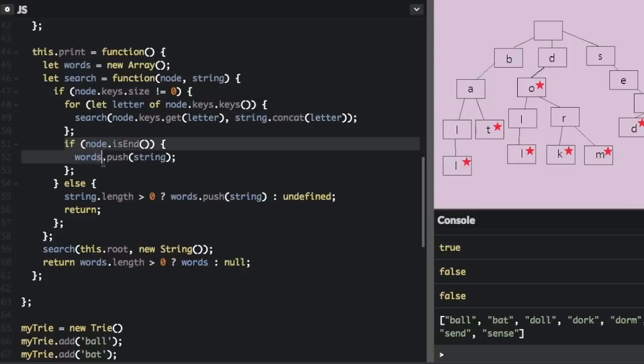And then see if node.isEnd, if we've gone to the last node in the word, it's going to do words.push(string). So that's our words array. If we've gone to the last letter in the word, we're going to push the word onto the words array. Now else, that's the else to this if statement. If the node.keys.size does equal 0, then we're at the last letter of a branch. If string.length is more than 0, we're just going to push that word on to the words array, or else